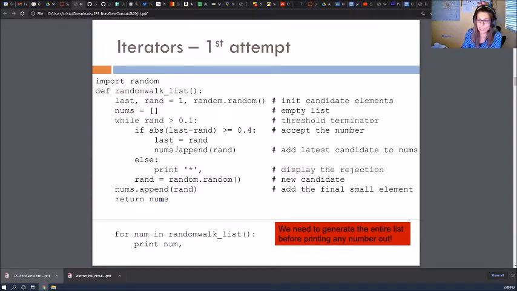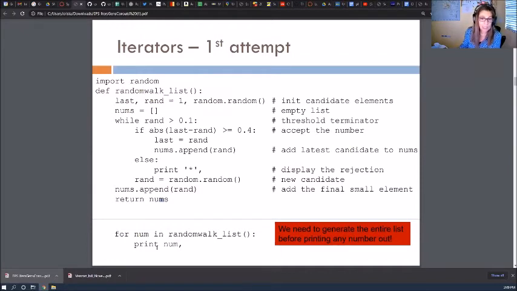Right, so it's stuck here on this loop until it finally sees the end, and only then it returns. So potentially we can call this, and then it's going to be stuck here for a very long time until it generates all the numbers. And only after it generates all the numbers, that could be 10,000, only then it prints something on the screen.